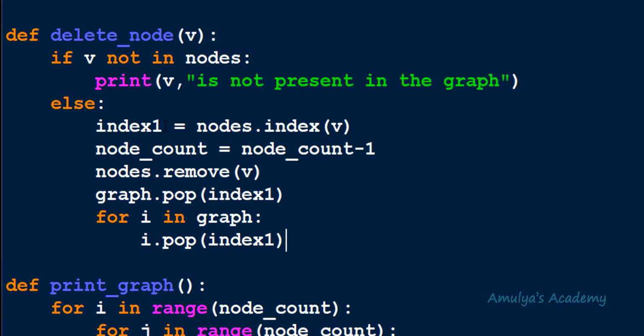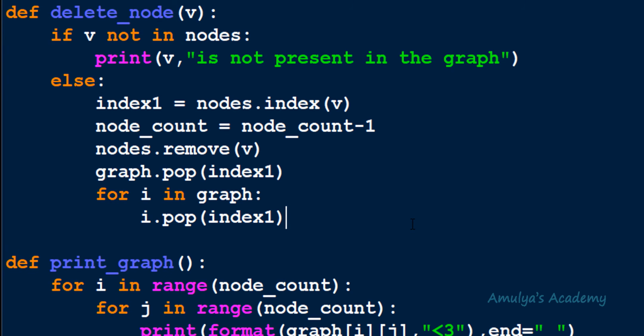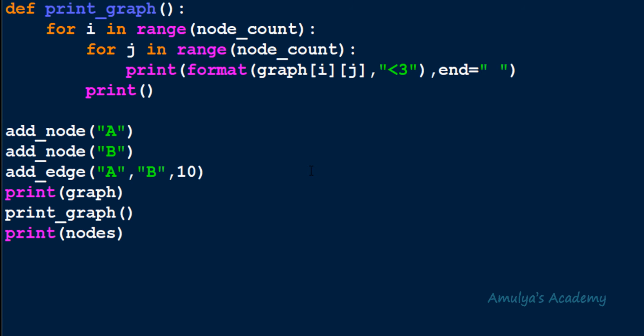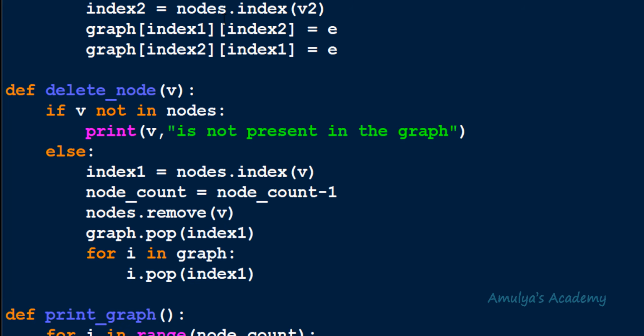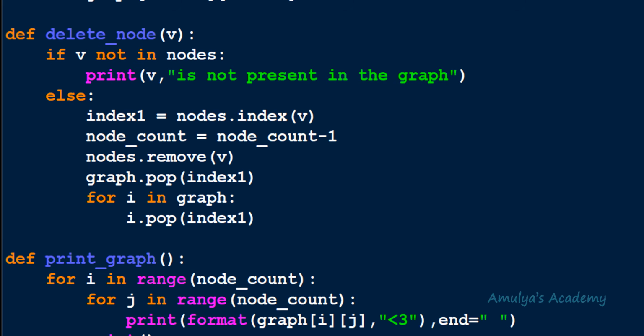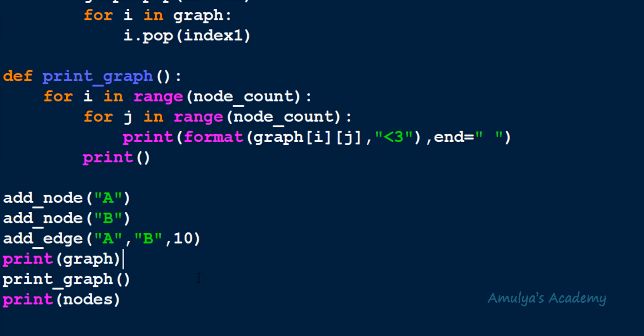Alright, so this method will work for undirected unweighted graph, undirected weighted graph, directed graph. It will work for every type of graph. So here in this program, you can see there is a weight while adding an edge. That means this is a weighted graph. So this program is working for weighted graph, and if you see add edge here, this is for weighted undirected graph. So let's see whether this method now works for weighted undirected graph. So here we have graph. After this, so now we have node A, node B, and there is an edge from A to B and its cost is 10. Now if I delete node A,